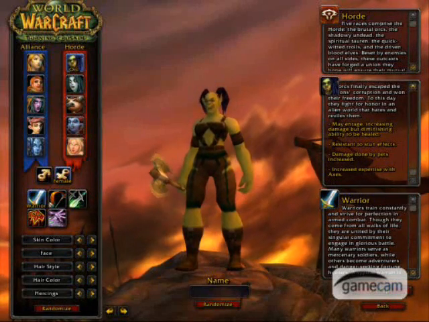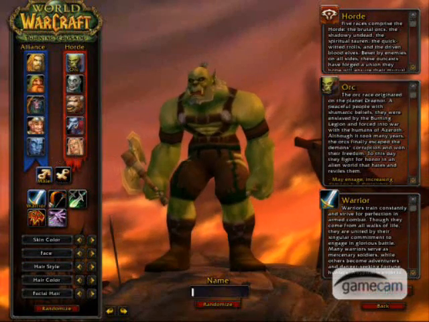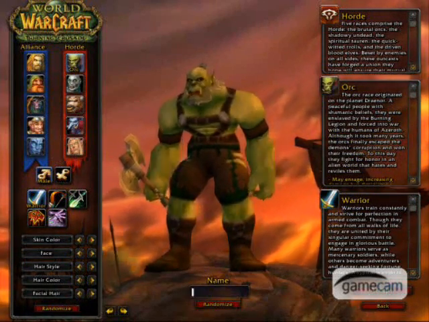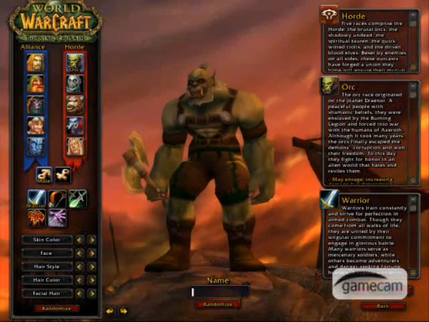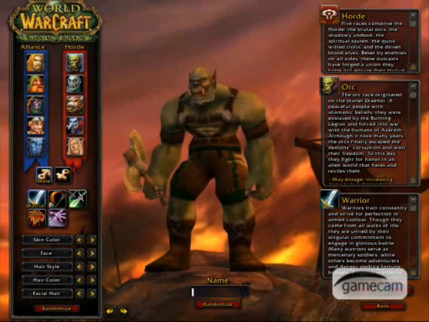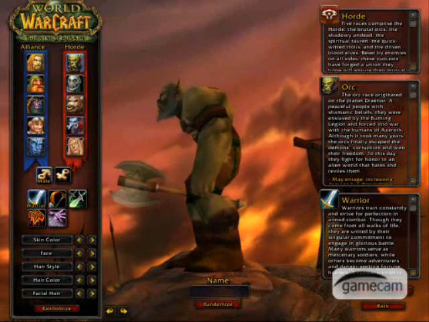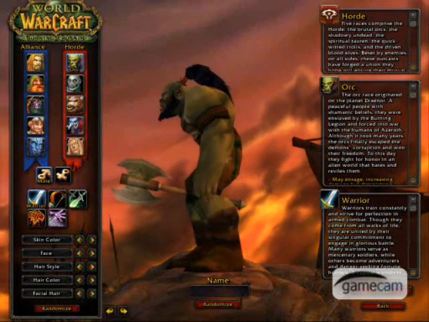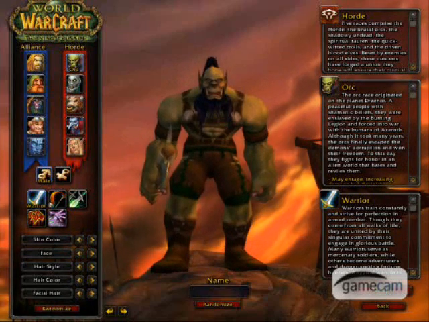After you choose your race, you choose male or female. For this case, I'll choose male because I am, of course, male. I will then choose its class and customize the character. You can customize it through hair color, special jewelry, things like that. After I customize my character the way I want, giving it black hair, scruffy beard, dark green skin, make